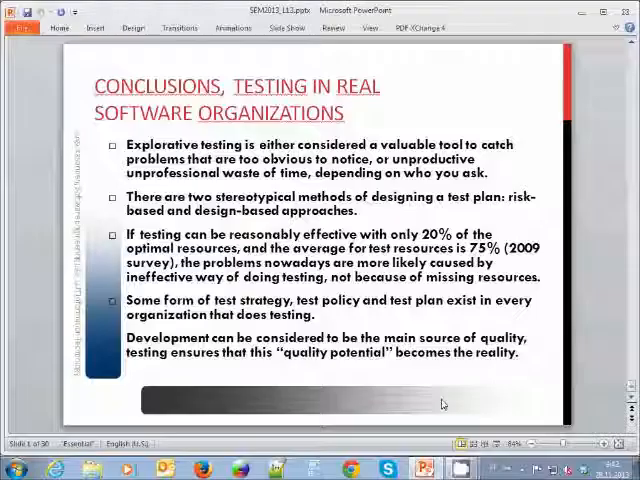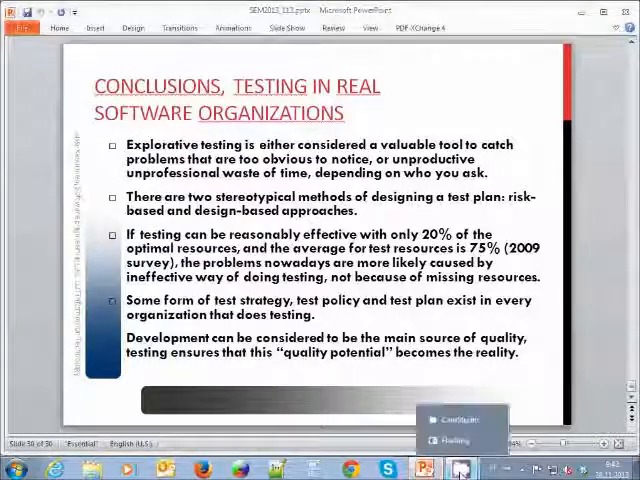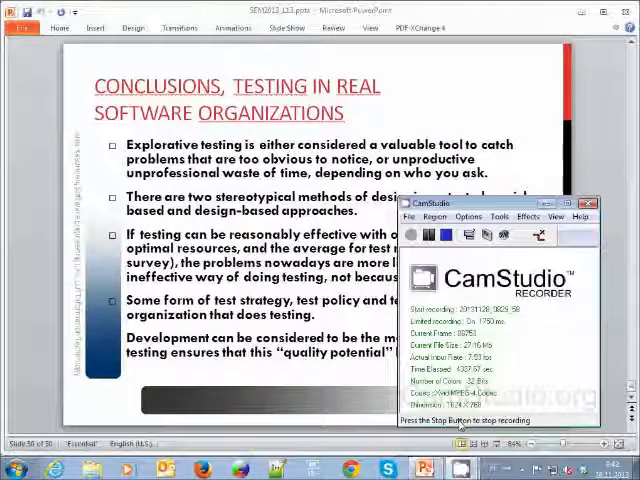Yes? What exactly does explorative testing mean? Sorry. What exactly does explorative testing mean? Explorative testing means that you are